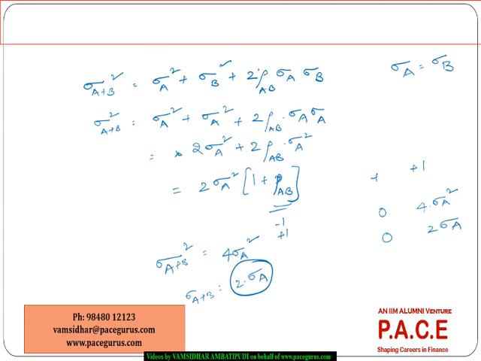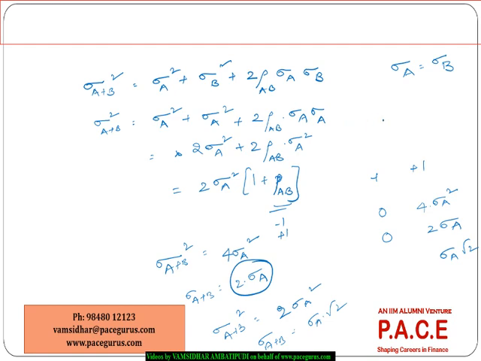So the same logic, now we can take it further, right? If the correlation between them is 0, then the variance of the portfolio is nothing but 2 sigma A squared, and the standard deviation will come out as sigma A times square root of 2. So these are some of the important relationships that we are able to see, and we can very well extend this very comfortably for n number of securities also,